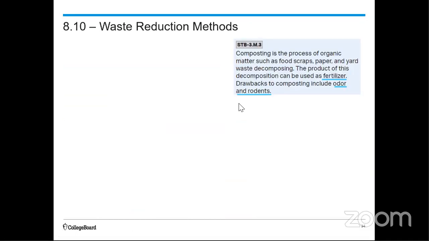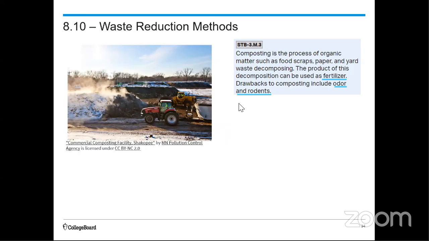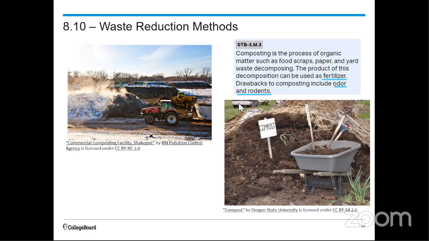Composting is a little bit different. So you're taking just the organic matter and you're using decomposition to turn that into fertilizer. So it can happen on industrial scales. You could have large industrial facilities taking lots of organic solid waste from a city and composting it, or it can happen in your backyard. You could take some of your organic waste from your kitchen scraps, let's say, or yard waste, and compost it